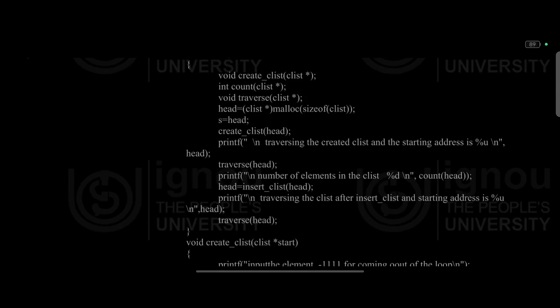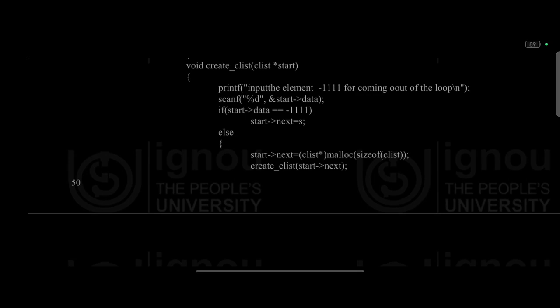%d", count(head)); head = insert_clist(head); printf("Traversing the clist after insert_clist and starting address is %u", head); traverse(head);